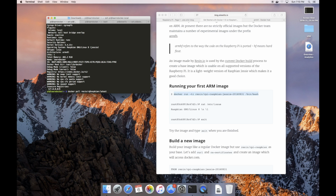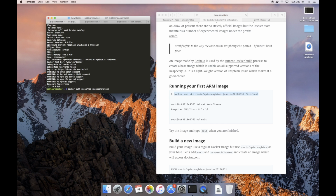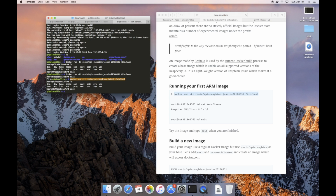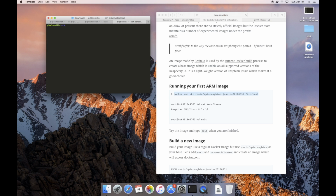For Raspbian. Now all the layers will be pulled down from the internet, and then they'll be extracted. This can be quite CPU intensive for the Raspberry Pi. It's a bit quicker on the Pi 2 and 3. This is a Pi Zero, so if you bear with us, I will go over to another Raspberry Pi that I've already prepared. So if we type in docker run